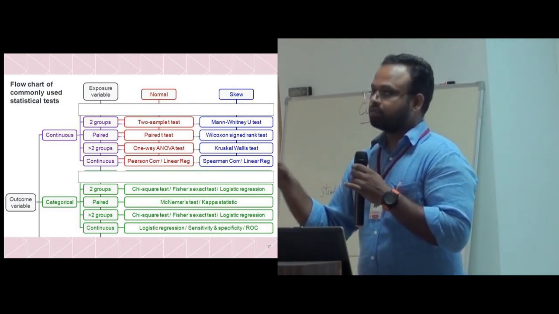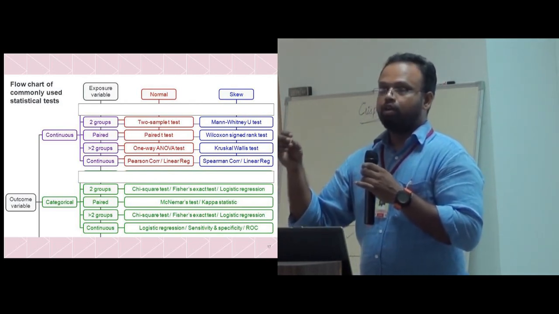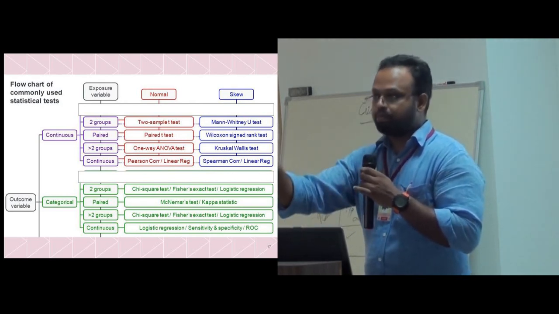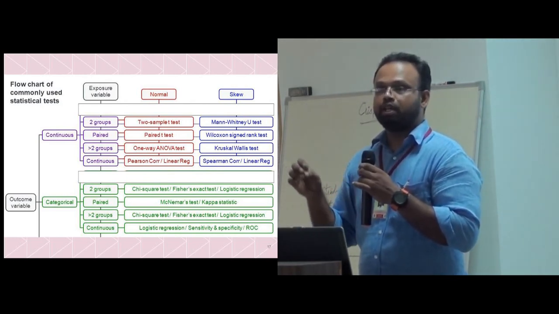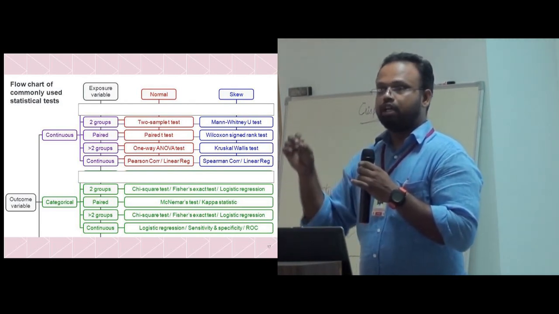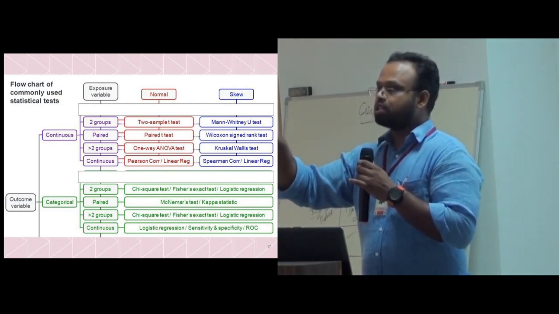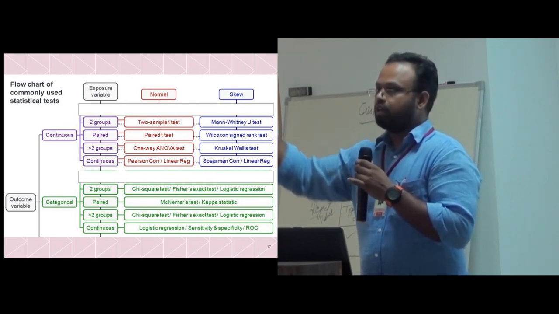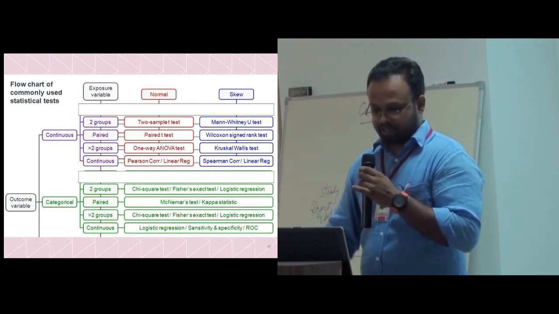For kappa statistics, the same patient, it is for the inter-rater reliability. When you have a pathological diagnosis and a clinical diagnosis for the same patient, then you need agreement between a pathologist and a surgeon, or a microbiologist and a clinician. So in those situations, for the same patient, the microbiologist diagnoses it as typhoid, clinically the clinician also diagnosed it as typhoid, and that is a paired sample. There you should use a kappa statistic.